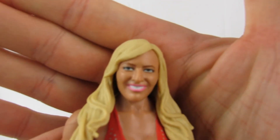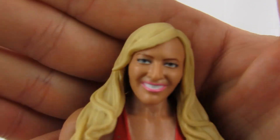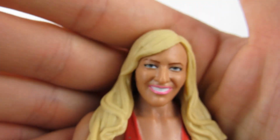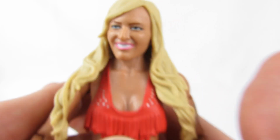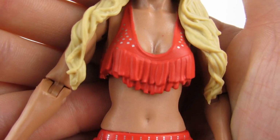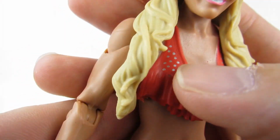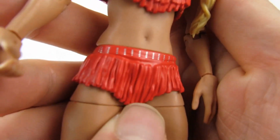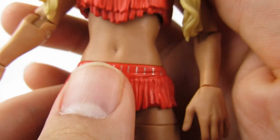So this face scan is spot on. It looks just like Summer Rae. They even included little details like her blue eyes, and that smile is identical to her smile in real life. Now moving on to her attire, she has a hard plastic red top with that fringe molded on, little silver intricate paint details. And her bottoms is a softer type plastic, again with that molded fringe and little silver details